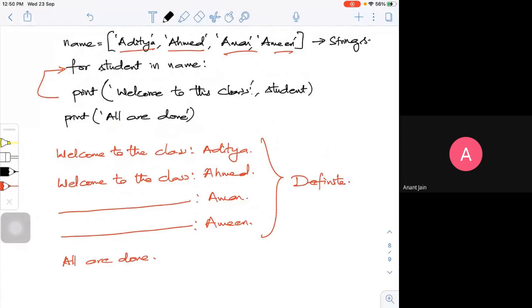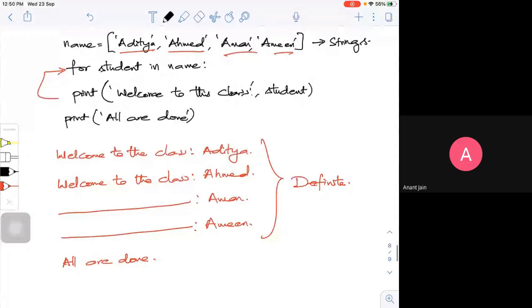Is that clear? So the for loop will check for this. The definite loops, or we call them for loops. A for loop is a so-called definite loop. If you closely observe it, they are explicit iteration variables that change every time. They are all explicit. This is explicit, this is explicit, this is explicit.